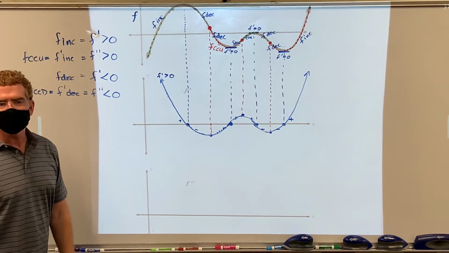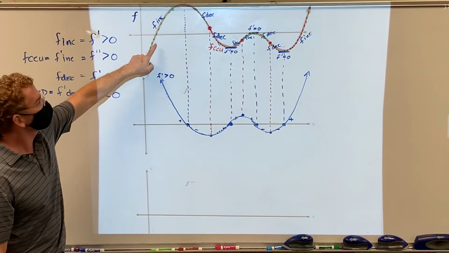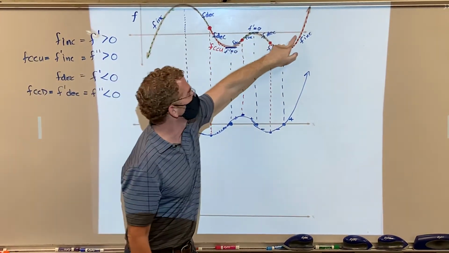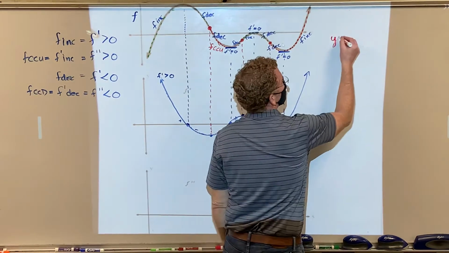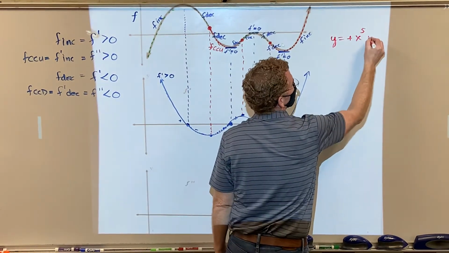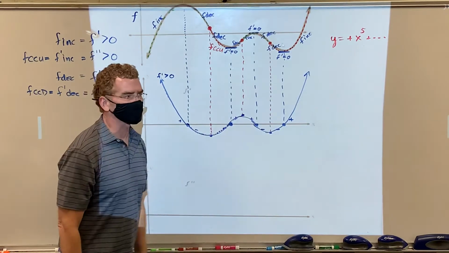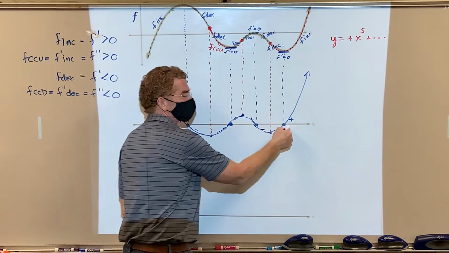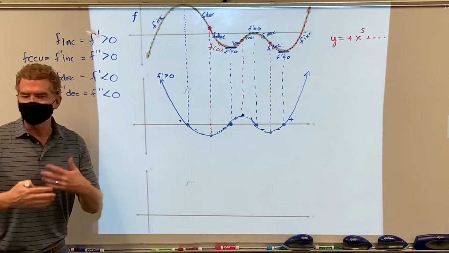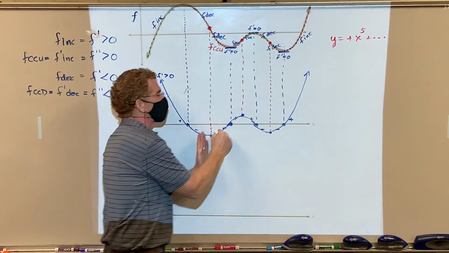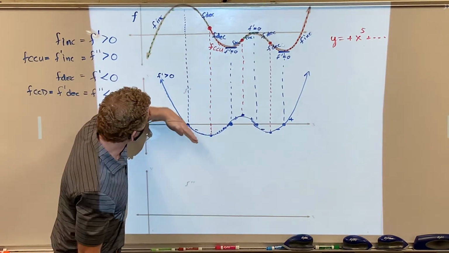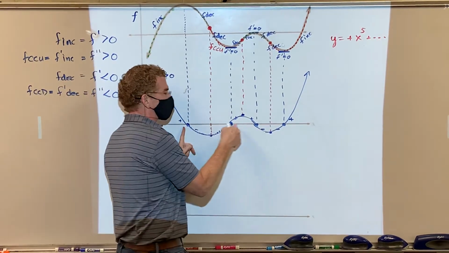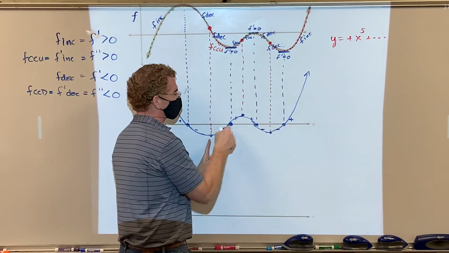And by the way, if I were to ask you about this polynomial, wouldn't you look at this and go, there's 1, 2, 3, 4 because of the bounce, 5. Wouldn't you say that this is a y equals some positive number x to the 5th curve? What happens when you take a derivative of that? So you get an x to the 4th curve, 1, 2, 3, 4. So it still makes sense, although I don't know exactly how low or high these go, and neither do you. I don't know exactly how quickly this thing goes up, neither do you. But what you do know, you should be able to mark these,